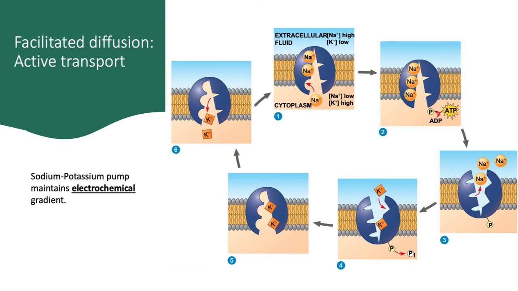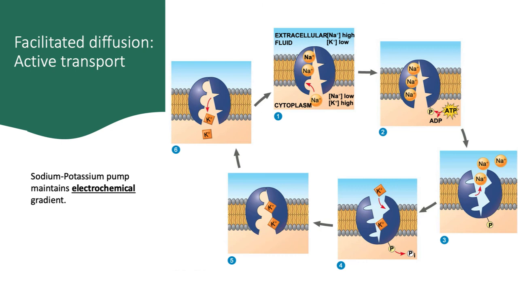Often, cells can't rely on diffusion or passive transport alone, because with passive transport, solutes are moving from areas of high concentration to low concentration. If a cell needs to add solutes to a region where it's already highly concentrated, energy is required. Most cells maintain an electrical charge across their membrane, with the inside of the cell being slightly more negative than the outside. The sodium-potassium pump shown here helps maintain this electrical gradient and is a really good example of active transport.